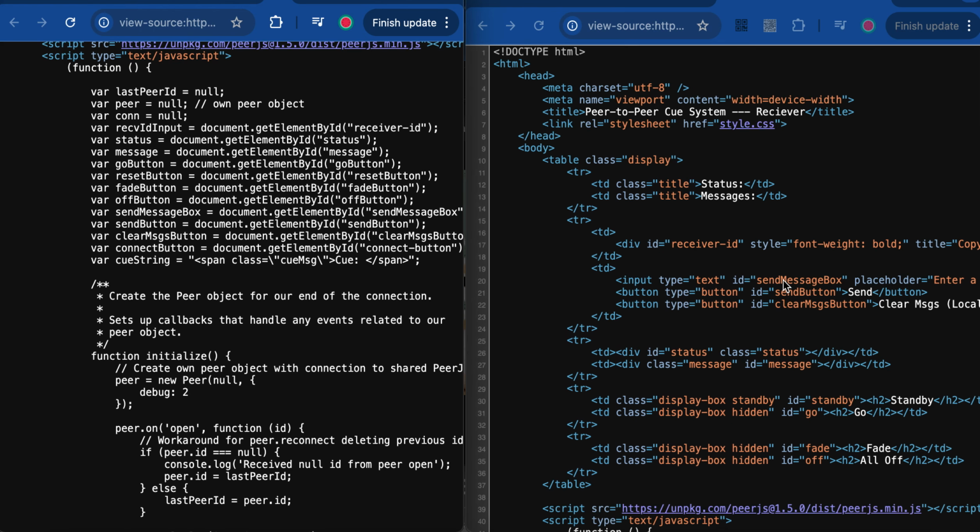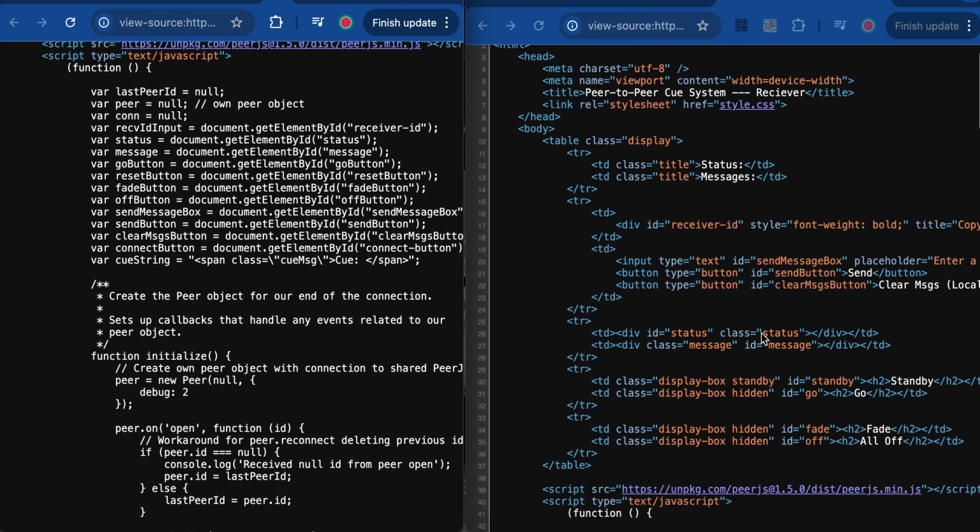This is usually called, I would say, camel case. The first word is a small letter, and then the subsequent words start with a capital letter, right? You see that pattern over and over again. Send message box, send button, clear message button,